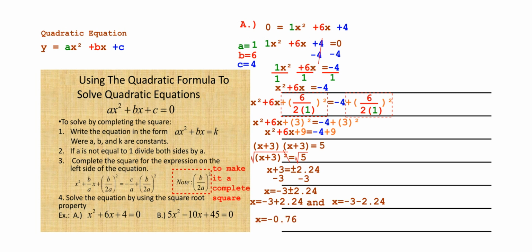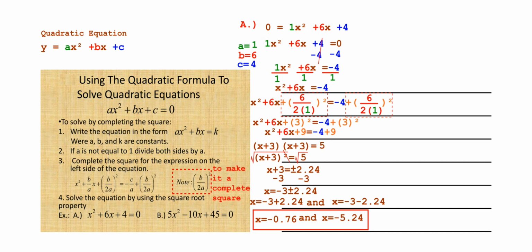And now to simplify that, negative 3 plus 2.24, of course in this case gives us negative 0.76, and negative 3 minus 2.24, they're both negative, so the quantities add, so we get negative 5.24. And there is technically our answer for this particular example. X equals negative 0.76 and x equals negative